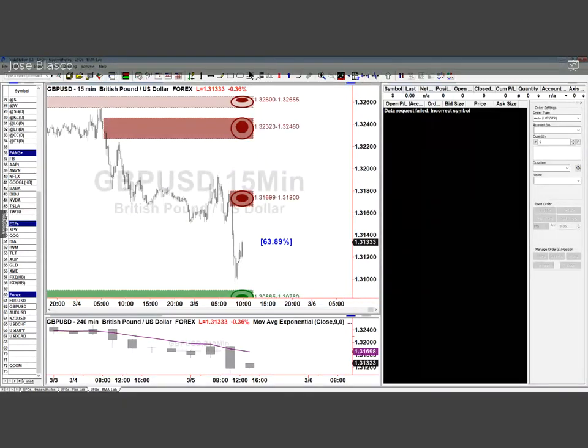If I was to plan on a short on the pound, I would want to short around this price level. So that would be my short entry, okay, around 131.69. Okay, that would be my entry short. Of course, I cannot short naked and hope for the best. I need to use protective stops.